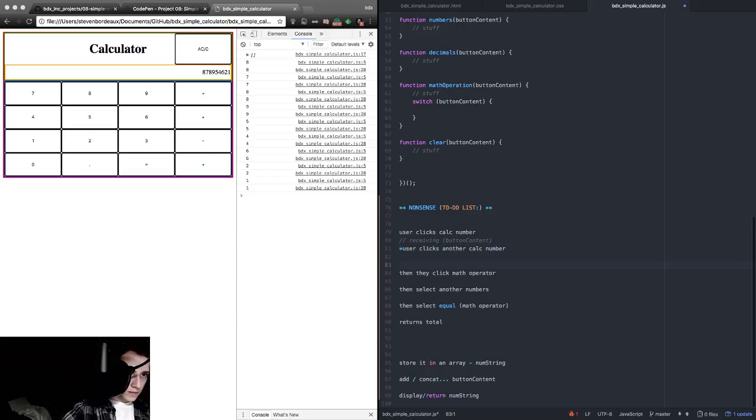After that, they click a math operator. And then from there, they probably select another number, and then most likely they'd do the equals sign. They'd either repeat the process or finally select the equals sign. And there should be the total. So that would be the most basic